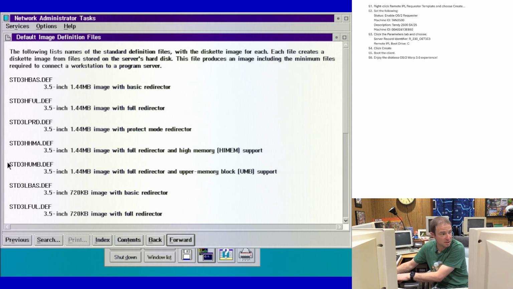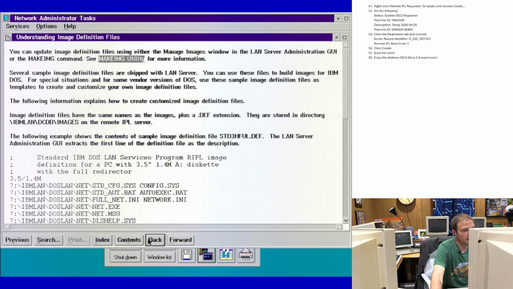Then I'm going to use std3humb.def. See, how's that for efficiency, folks? I'm going to go, what the hell did I mean by that? Okay, so I do want std3humb, and if I go back here,